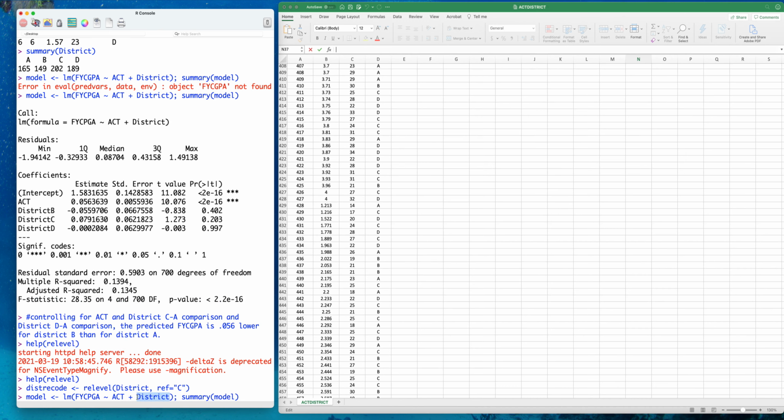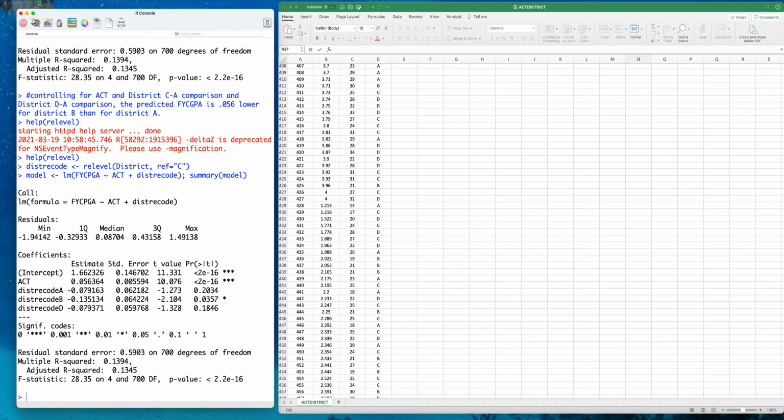So if I want to go back up to the model, and instead of using district... you can probably hear my Arlo security system going off because of all that's going on out there. Okay. All right, so what you can see here is because we set the reference equal to C, then we have